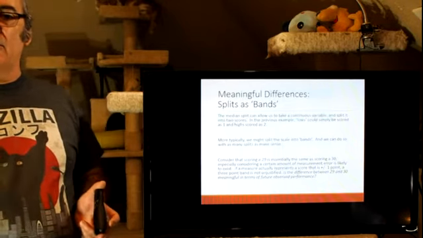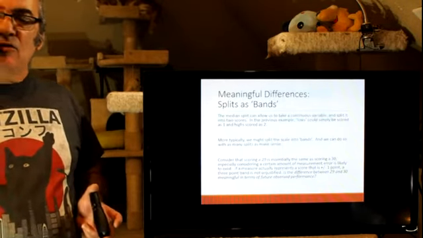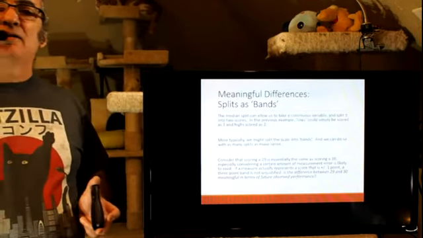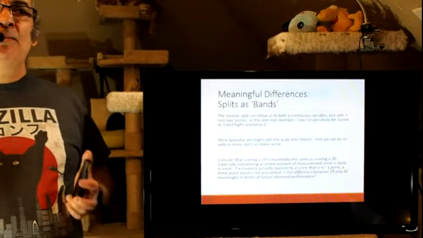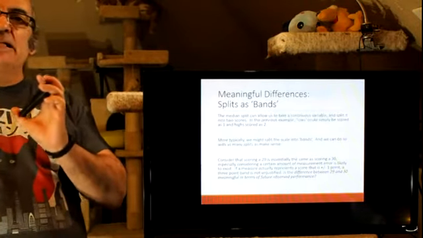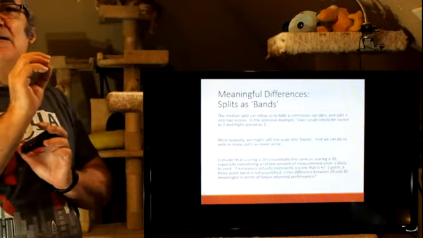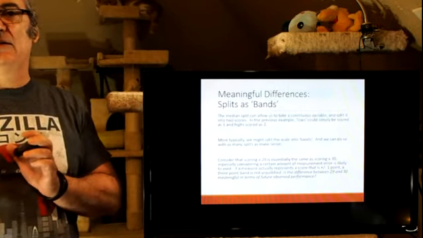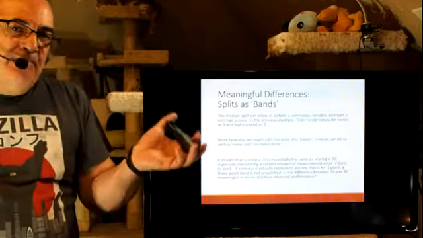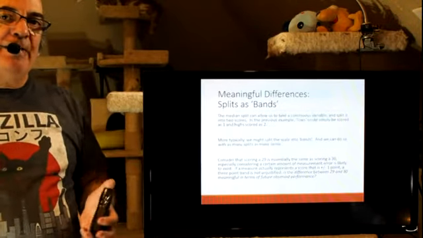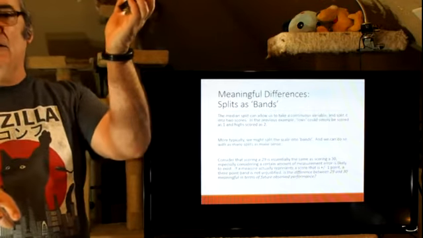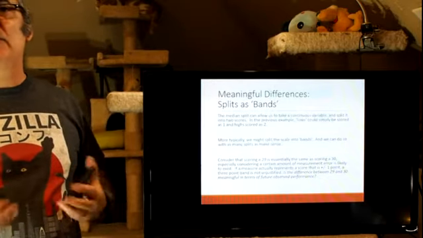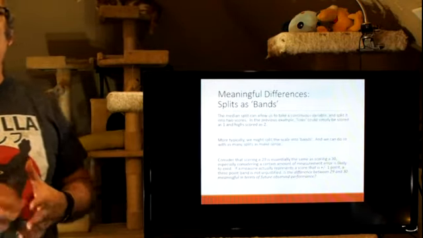So if a possible score is 0 to 30, we say, well, okay, 0 to 9, let's make that band 1. 10 to 19, let's make that band 2. And then 20 to 30, let's make that band 3. What we're saying is that our measure probably isn't sensitive enough to reliably distinguish between someone who scores 15 and someone who scores 16. But big picture, we're pretty sure that someone who scores in the 3rd band is markedly different than someone who scores in the 1st band or even the 2nd band. And we better be sure of that, otherwise we probably shouldn't be using the measure because it doesn't reliably differentiate